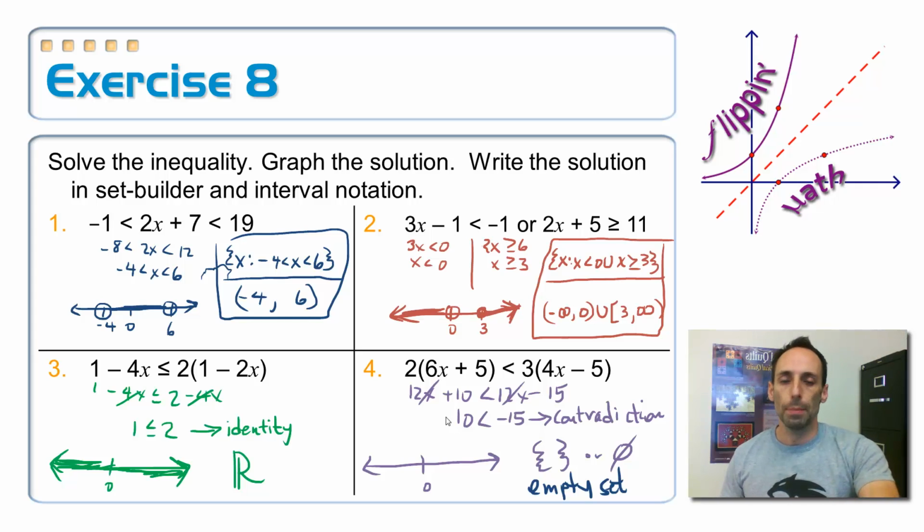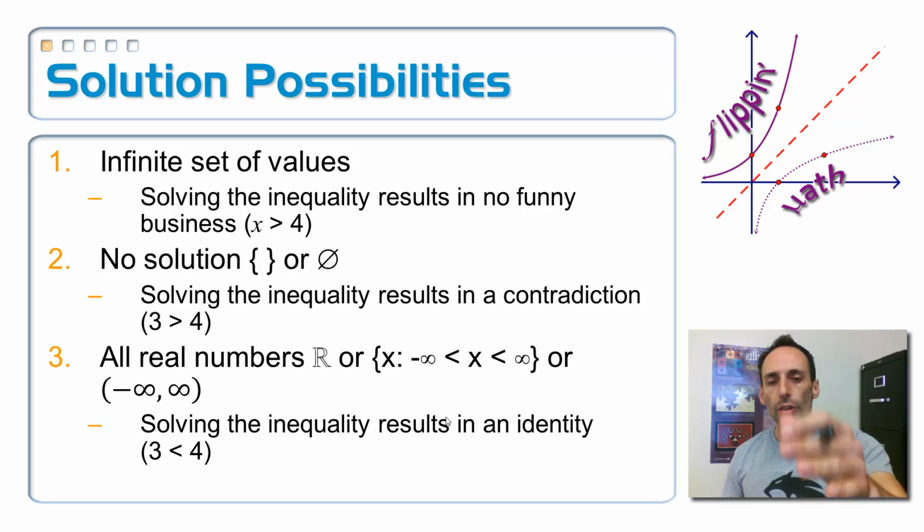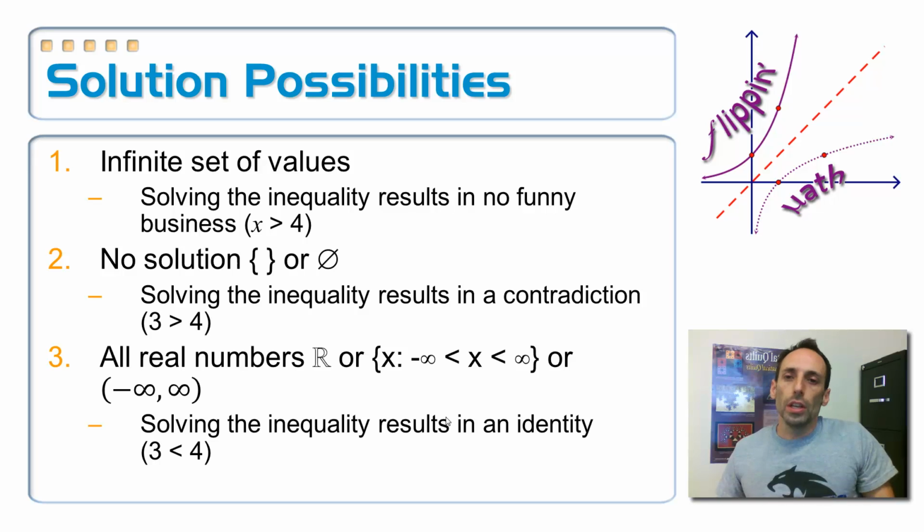So just to recap, here are the possibilities that you can have for solutions. The first one is you have an infinite set of values. In other words, whenever you go to solve your inequality, there's no funny business, and you just get yourself an inequality at the end, like x is greater than 4. And you just write it in whatever form you're feeling like at the time. And then number 2,